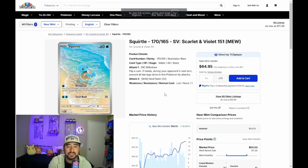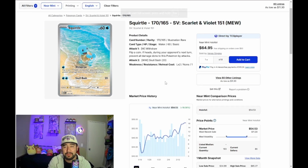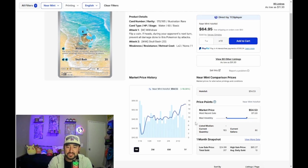31%. That's pretty gnarly. Next, let's check out this Squirtle illustration rare. I'm actually submitting a Squirtle for grading. It looks really great. It's my girlfriend's card, so I promised I wouldn't sell it, and that's fine by me. It's up 18% since January. It was $41 in January, and it had a stable price point of about $47, $50, and now it's a